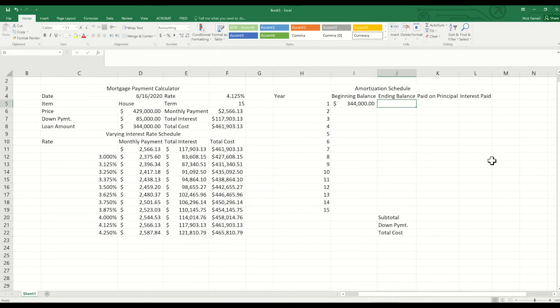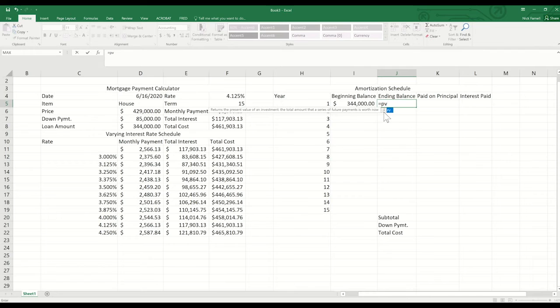So the ending balance is, at the end of year one, we've paid $2,566.13. We've paid that 12 times, but it's not just a simple calculation of that times 12 subtracted from the loan amount. Some of that $2,566 goes to interest, and some of it goes to pay down the loan amount. So you can think of it as the stuff that pays down the loan amount reduces the amount borrowed. The other stuff, the interest, goes to the bank or to the lender as their cut for lending you this money. So the ending balance in this case is, we're going to start with PV